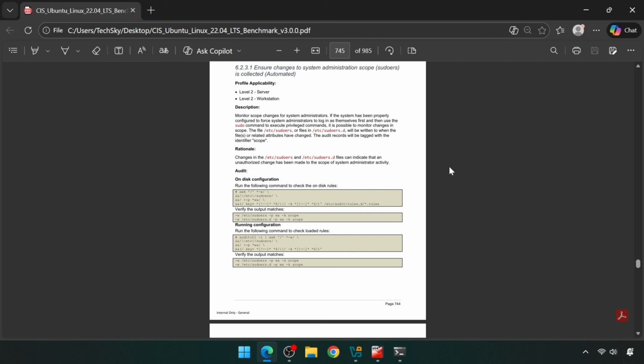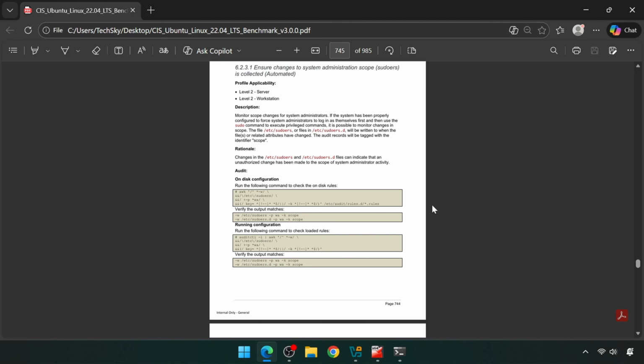Open it up. We are starting here instead of at the beginning, because this video focuses on advanced configuration rather than walking through every single baseline setting. You should read through the benchmark yourself and implement the settings that make sense for your specific environment. At the top of the page, you will notice this section shows Level 2 recommendations for both server and workstation.